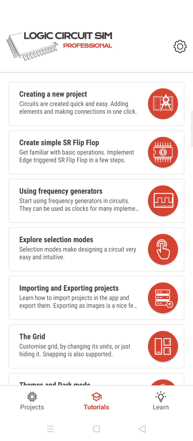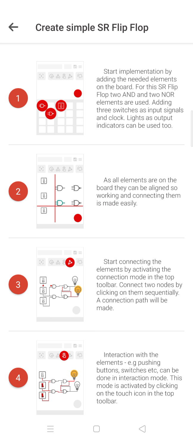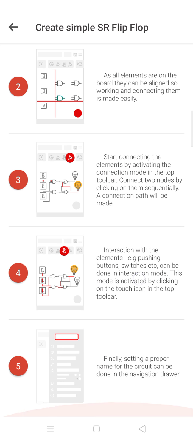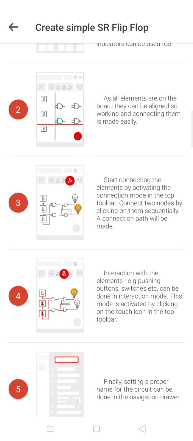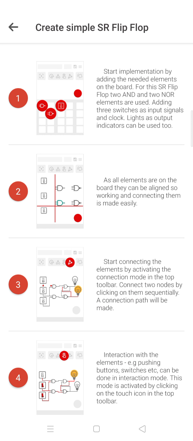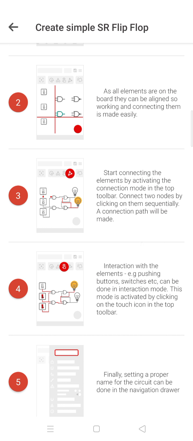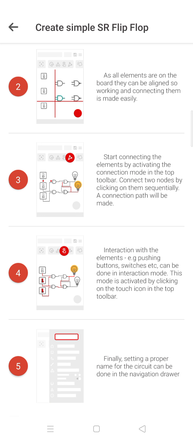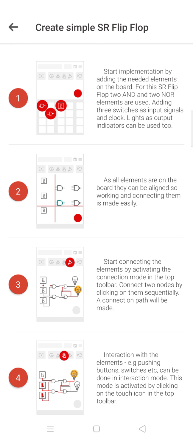Now I'm going to create a simple flip-flop. It has a create simple flip-flop kind of simulation, so I just turn it on. It gives a set of instructions on how to do a simple flip-flop. If you zoom in, you can see the simple flip-flop. Arrange about two NAND gates and two OR gates and things like that, and after that you can connect all of them, and then you can put a switch where it is on or off. So this is a simple testing method of the SR flip-flop.